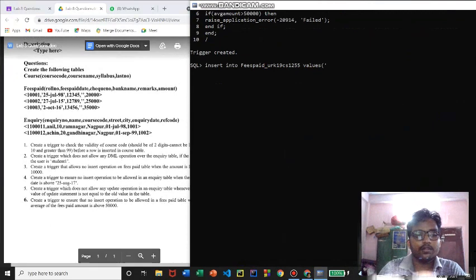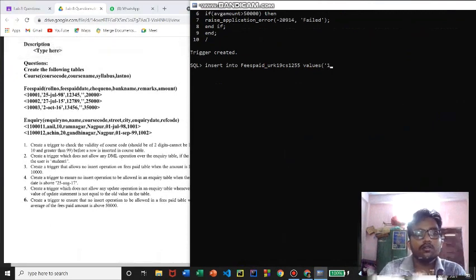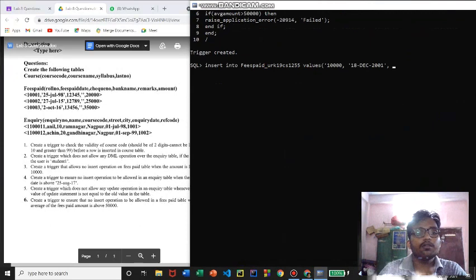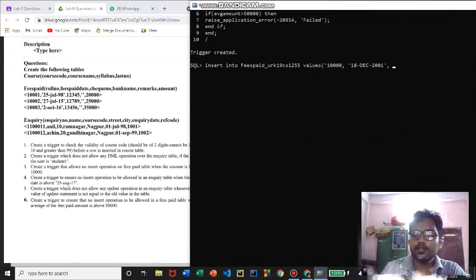Let me give something like 10000 itself, and next one is the fees paid date. Let me give it as 18 December 2001, and next one is the check number. Check number happens to be 5 digits. Let me give 24579, something like this, and we have two null values, that is bank name and remarks.